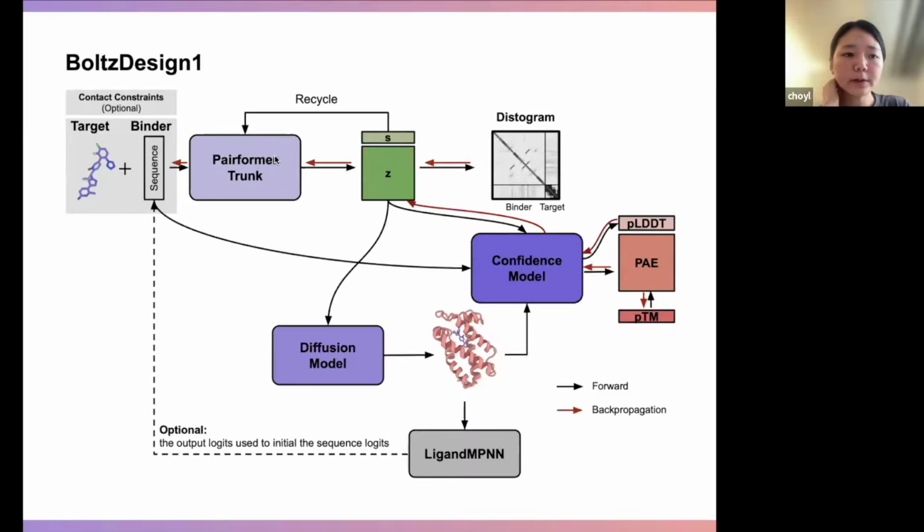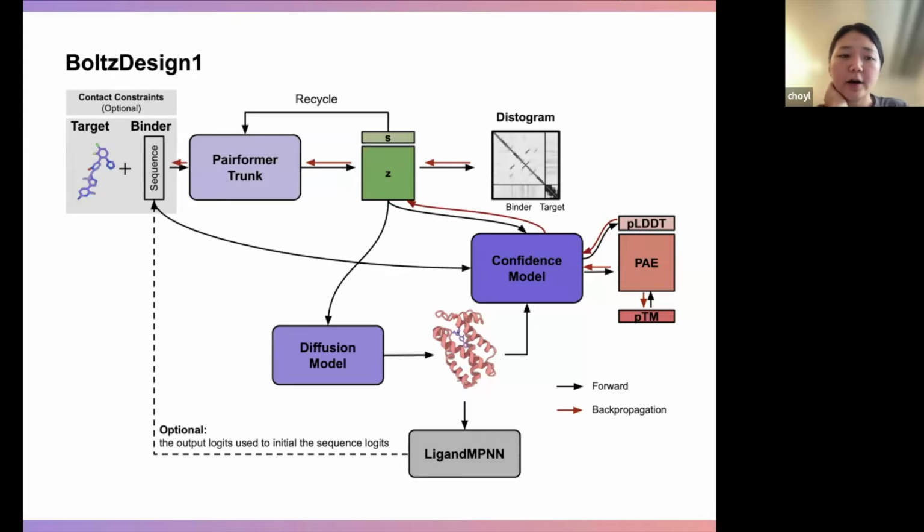So the whole Boltz Design 1 pipeline looks like this. You give a target. It can be anything like a small molecule, DNA, RNA, or a protein, and initialize the binder sequence with random Gaussian noise. You input this into the model, the Pairformer, and you get the site-wise and pairwise features, get a histogram, get the contact loss, and backpropagate it back to the input sequence until you get a highly